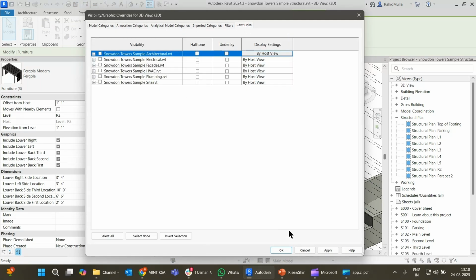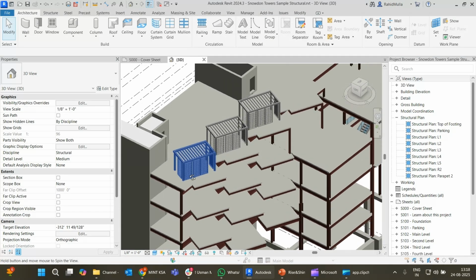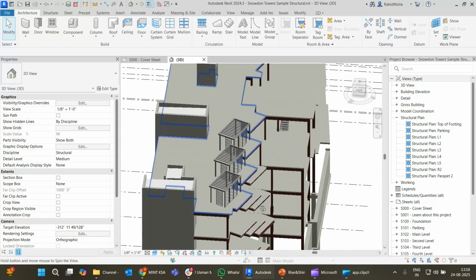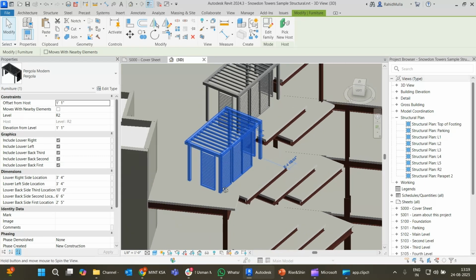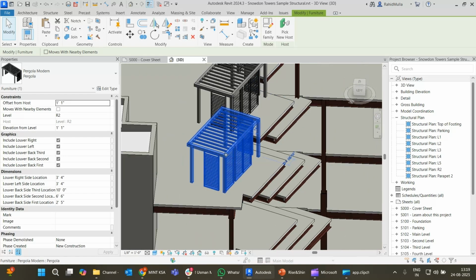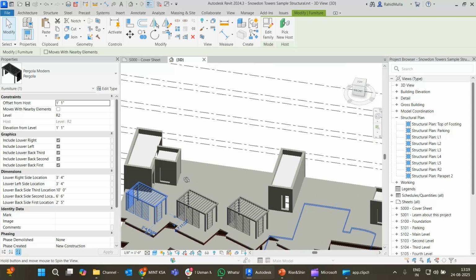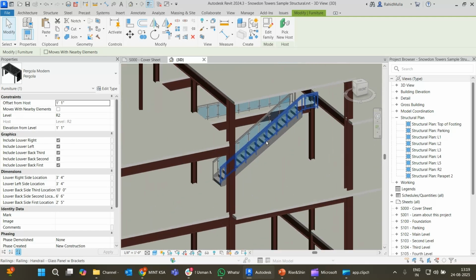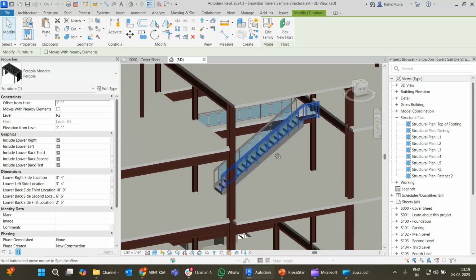I will close the linked file and see. This element has come in our model, and the model has become so smooth that I can interact with this element. I can understand where exactly I want other elements to be coming in, the surrounding of this one. Once everything is done, I can simply delete this, and then I can turn on the link once everything is done, just for creating a coordinated view. See here, everything, even this railing has come in along with the stairs.